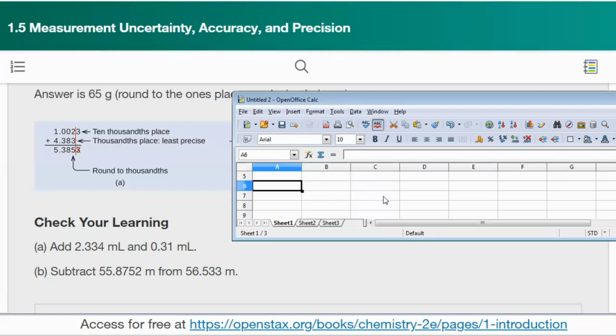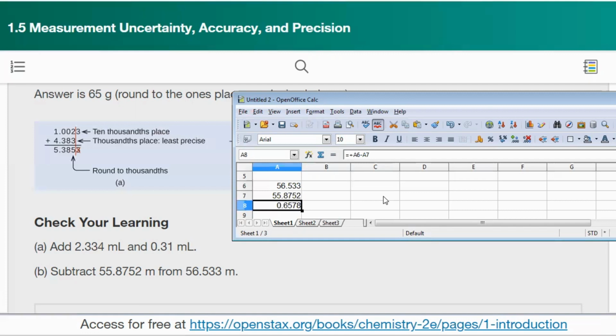When it says subtract from, that means we can start off with 56.533 meters, and from it we'll subtract 55.8752. So let's see what number we get. I'm going to take that number, and from it I'll subtract that number. We get